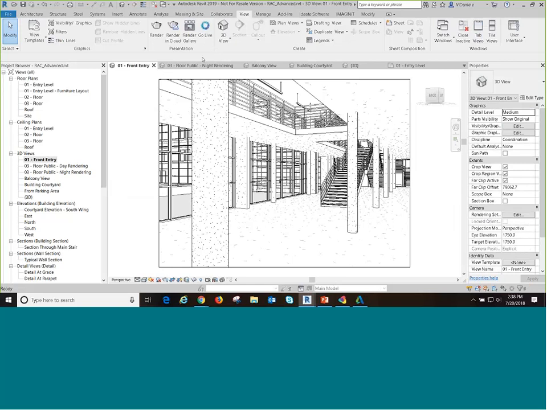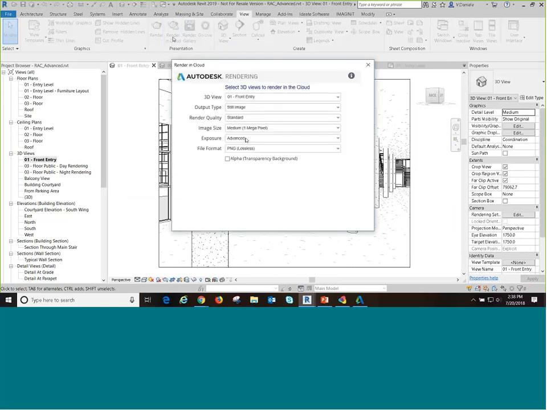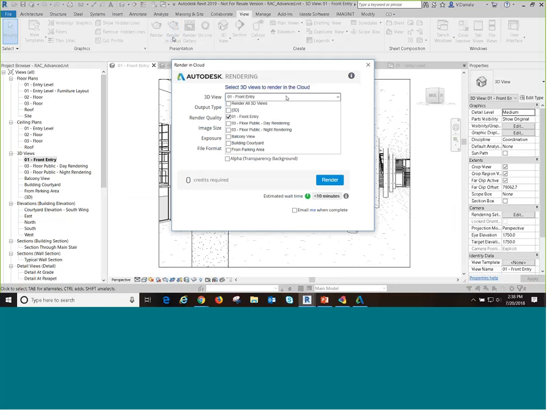Or from the View tab, you have the option here to render in the cloud. So when you're on subscription, you have the option here to render in the cloud. Rendering in the cloud, we get to choose a few different things. Now, depending on how advanced the rendering that you're doing is, based on these properties that you choose, this can cost some credits. But also, if you're just doing draft renderings or just smaller images that you want to put in a PowerPoint or send out to the owner, the client, if I keep this to a still image,